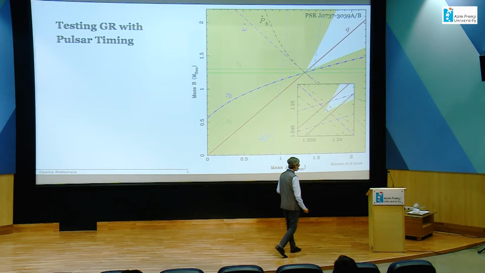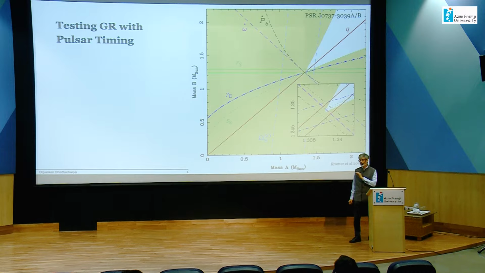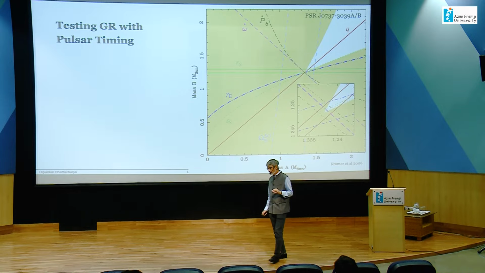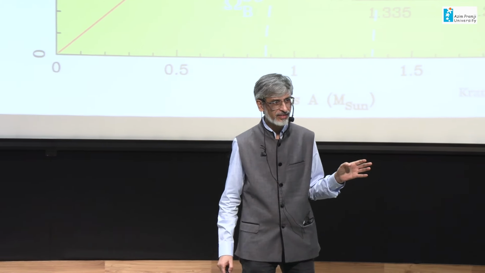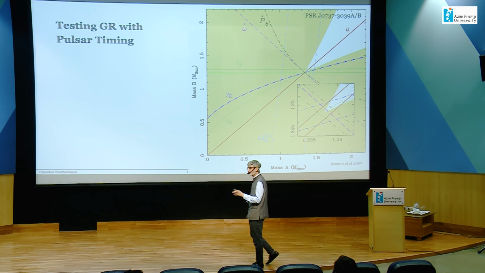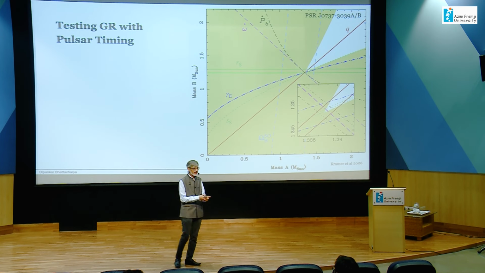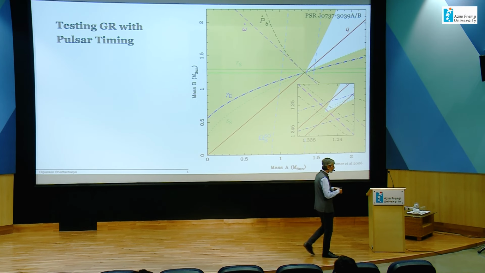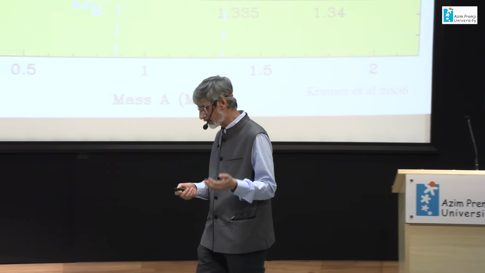So far, all measurements that have been carried out for tests of gravity are passed by GR in flying colors. But that is not to say that we are going to stop measuring departures from GR, and this is a process that is going to continue, and one will try to constrain the theory further and further and see whether GR is still the best theory of gravity or not.